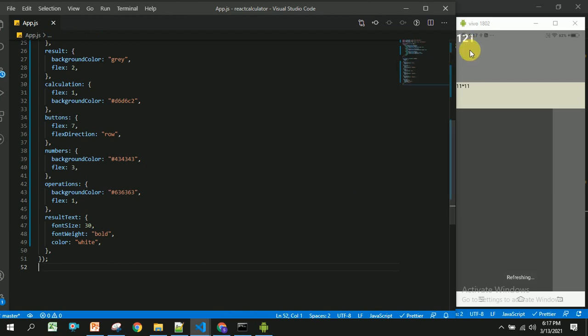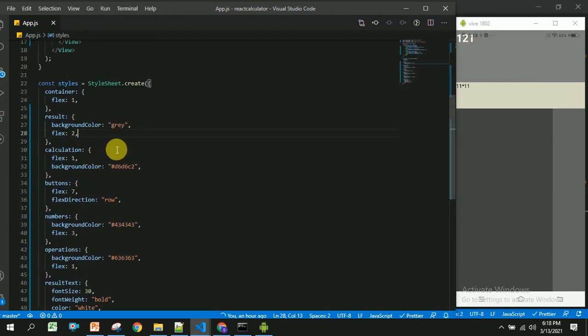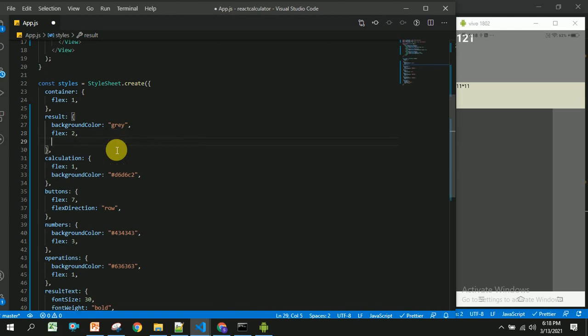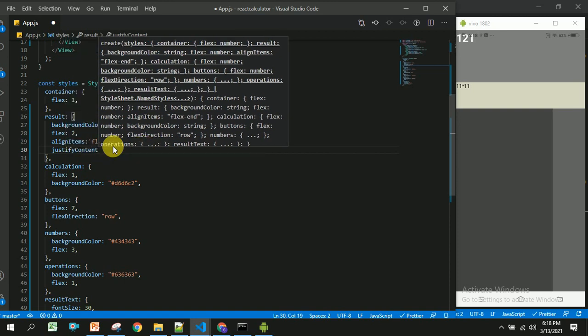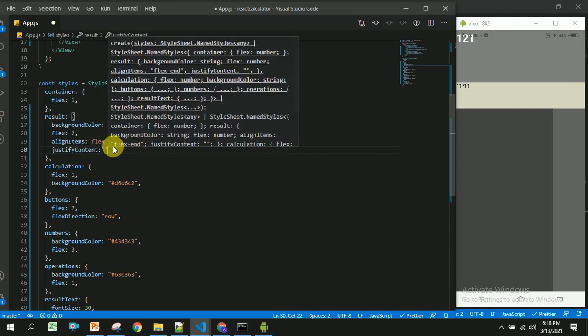and in order to get this 121 below, we have to use this result, and inside this result I am going to align items as flex end, and justify content to center.